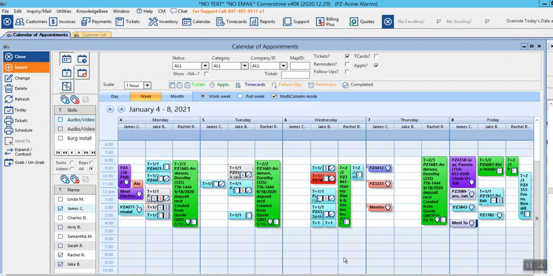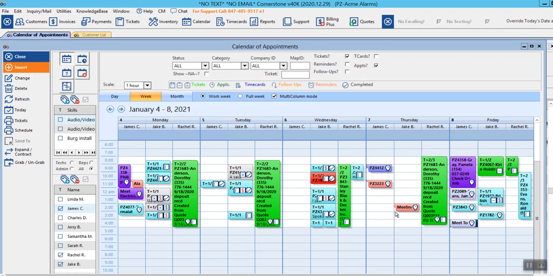Just another minute on the calendar from the perspective of the dispatcher. So this is the quarterback's view of the calendar. You can have your technicians listed here. You can also have non-technicians listed on the calendar if you want to keep track of everybody, including administrators, sales reps, etc. It's a drag and drop calendar, so if something changes, you can take an appointment and move it over to somebody else,